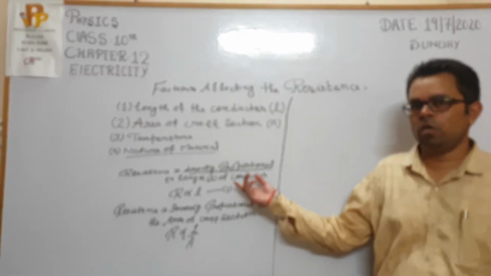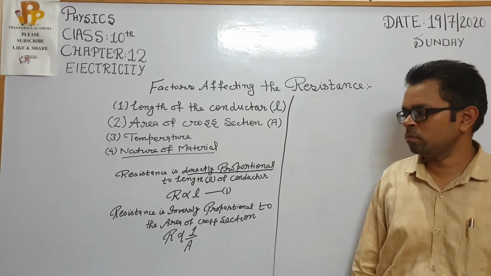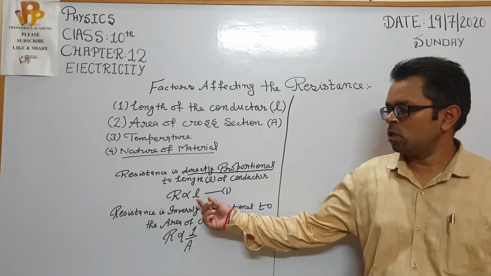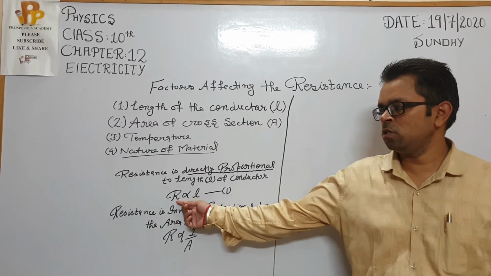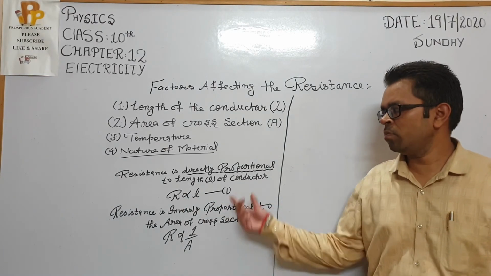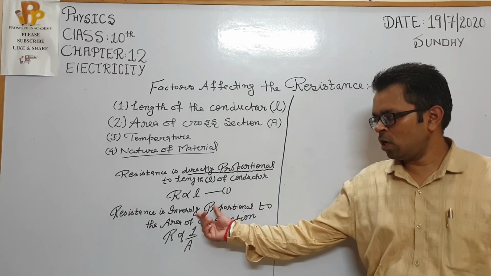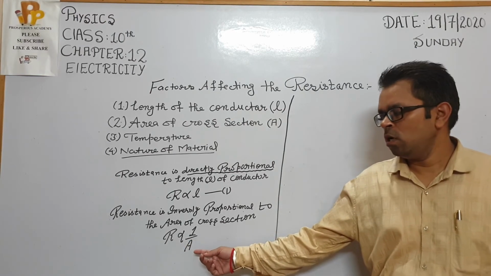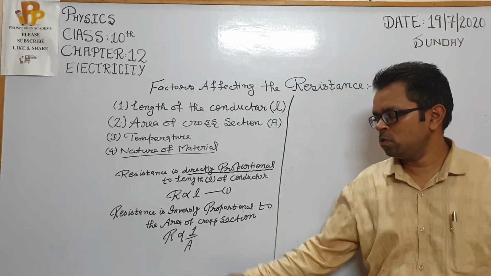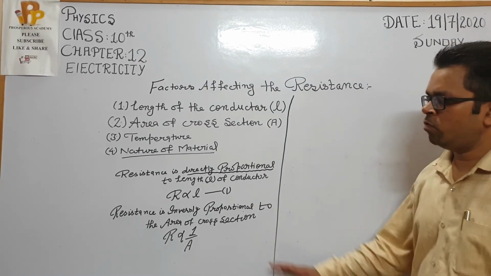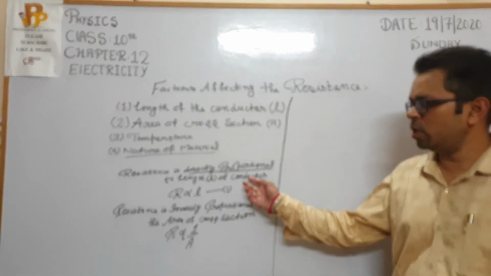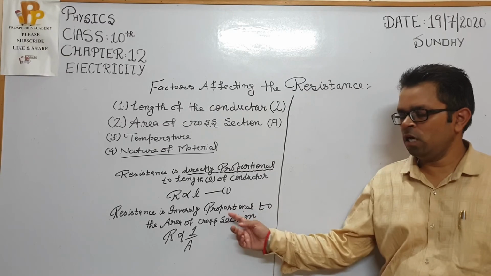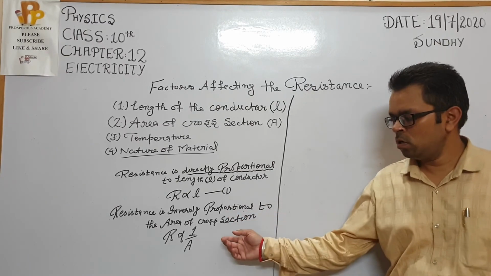direct means to say that in Hindi or Punjabi you can say that सीधा और सीधा. तो बच्चे जब लेंथ इंक्रीज करेगी तो रेजिस्टेंस भी इंक्रीज करेगा. ऑन द अदर हैंड जब लेंथ डिक्रीज करेगी तो रेजिस्टेंस भी क्या करेगा, डिक्रीज करेगा. दैट इज द मीनिंग ऑफ डायरेक्टली प्रोपोर्शनल. इनवर्स क्या है, उल्टा उसका. एरिया ऑफ क्रॉस सेक्शन डिक्रीज किया तो रेजिस्टेंस इंक्रीज कर जाएगा. एरिया ऑफ क्रॉस सेक्शन इंक्रीज करेगा तो रेजिस्टेंस डिक्रीज कर जाएगा. इनवर्स उल्टा, डायरेक्ट सीधा. वन क्वांटिटी इंक्रीज, सेकंड इज आल्सो इंक्रीज्ड. वन क्वांटिटी डिक्रीज, सेकंड इज आल्सो डिक्रीज. इनवर्स में क्या हो जाएगा, एक डिक्रीज तो दूसरा इंक्रीज, एक इंक्रीज तो दूसरा डिक्रीज. नोट डाउन बेटा.